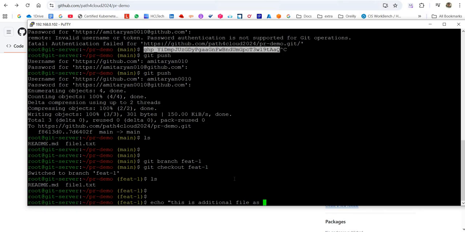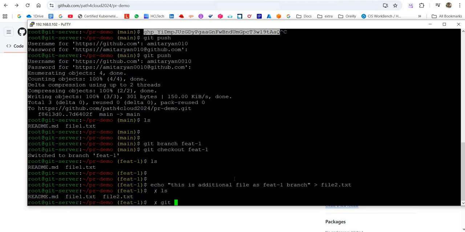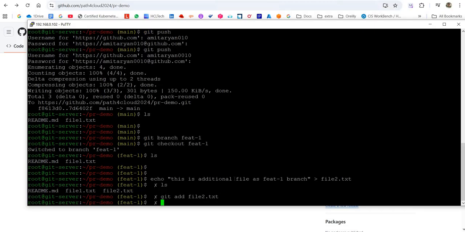Now quickly I will add, this is additional file as new as feat one branch. Okay, some content I'm gonna put, and I will redirect it to something called file2.txt, and we have file2.txt added. Now I'm gonna do git add file2.txt. I will commit with the message called added file2.txt as feat1 branch. All right, so now it is added,